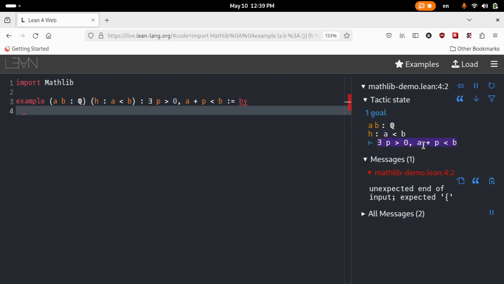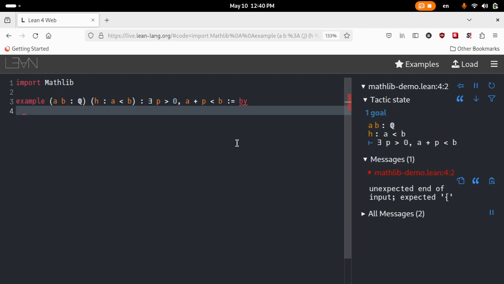So we have the goal to the right of this turnstile, and to the left of this turnstile or above it, we have the hypothesis of the theorem that a and b are rational numbers and a is less than b. So in Lean we prove theorems by changing the hypothesis set and the conclusion or the goal until